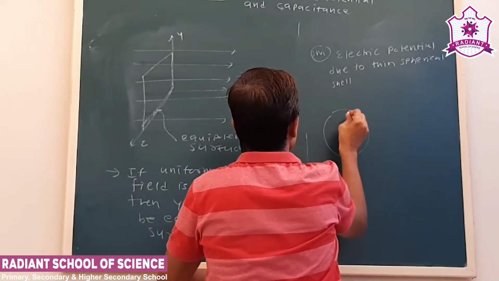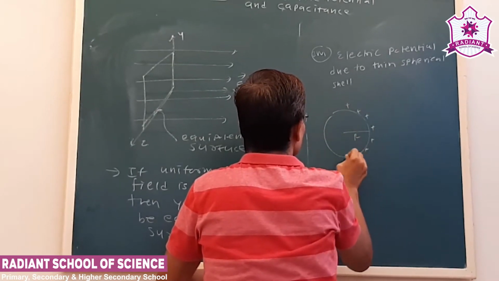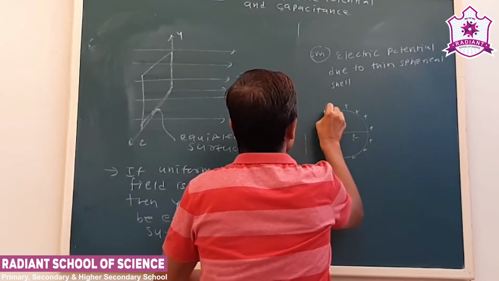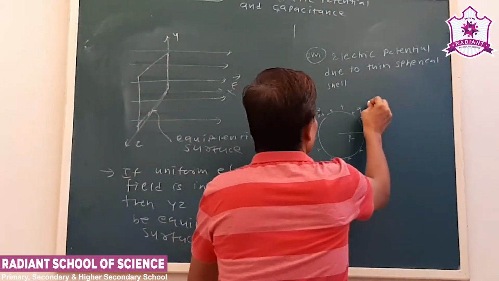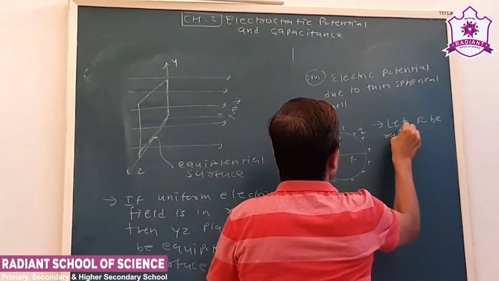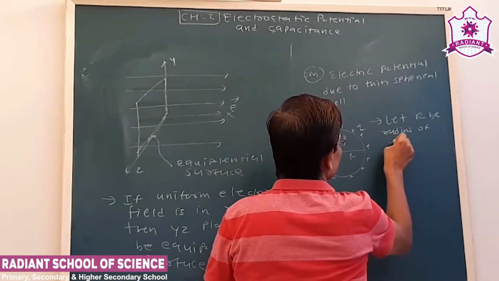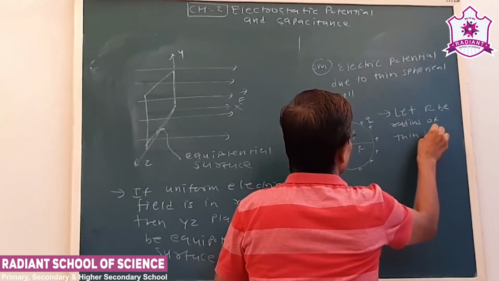Now let us say a sphere of radius r, charge q is uniformly distributed on the surface. So we can write like this: let r be the radius of thin spherical shell,